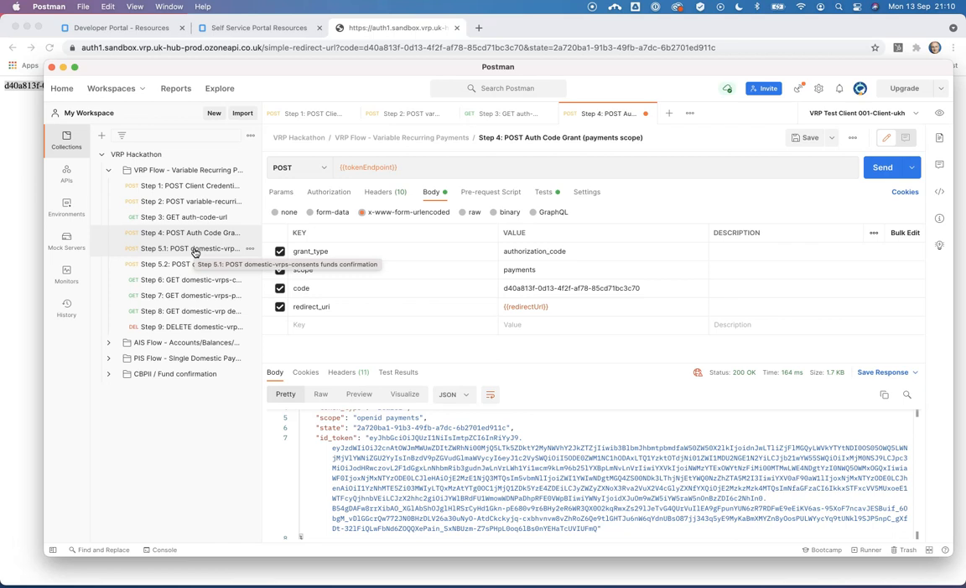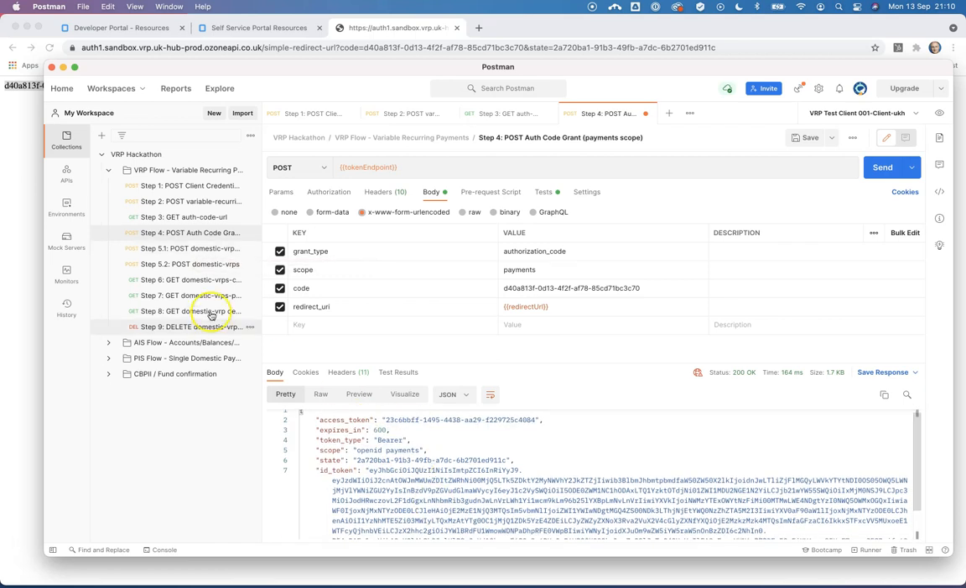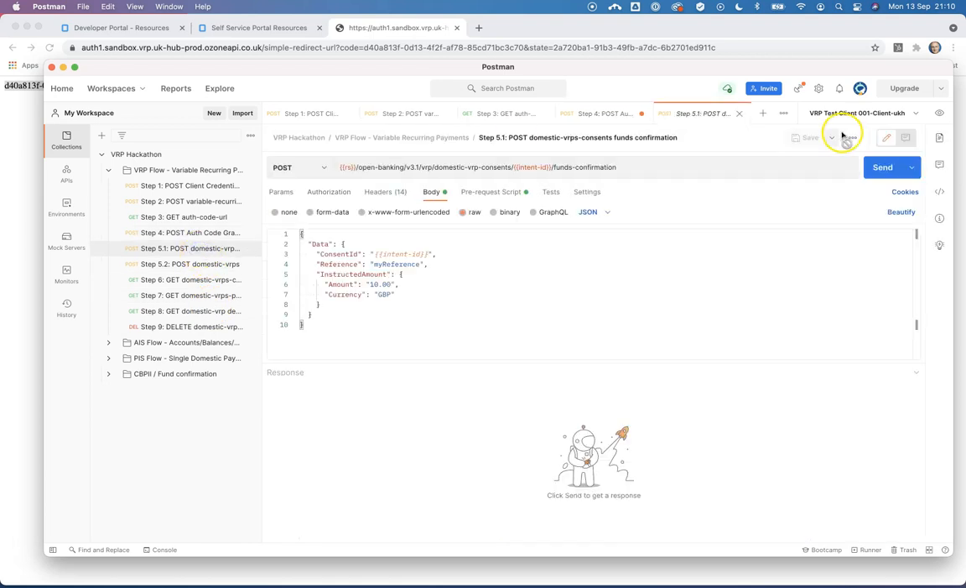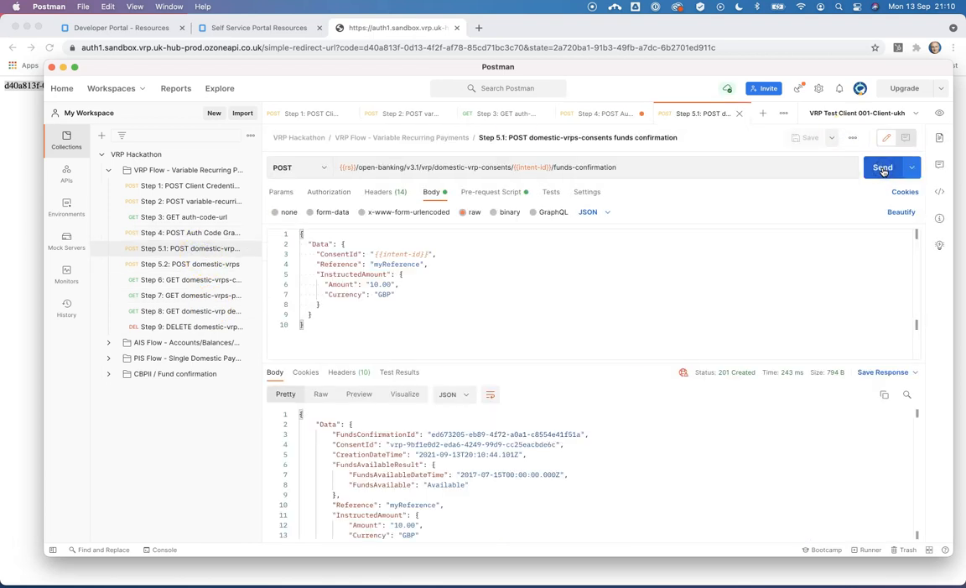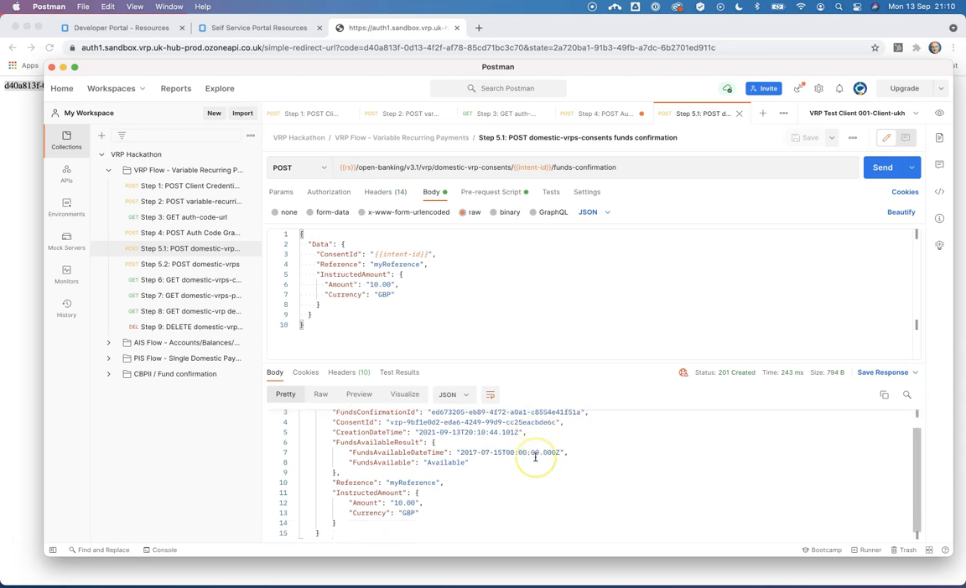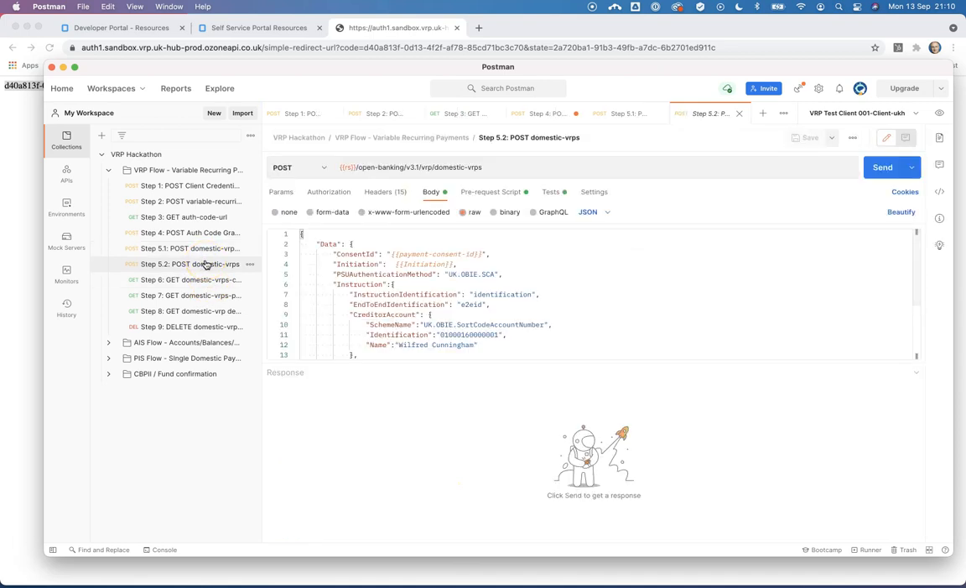I can do a funds confirmation for the £10 of this individual payment I'm about to make. So if I do that and I post that, you'll see that I get funds available. Obviously, if I had put a higher amount in there, or the account had less than £10, it wouldn't have said available. I can now initiate a payment,